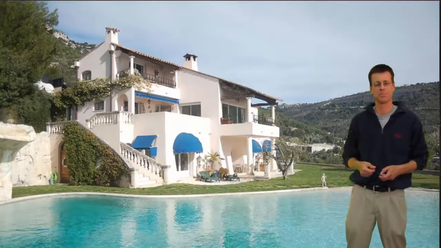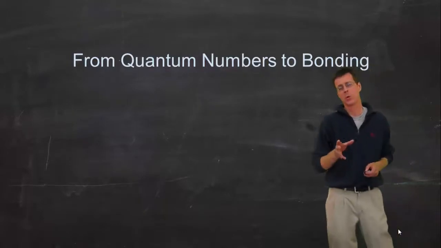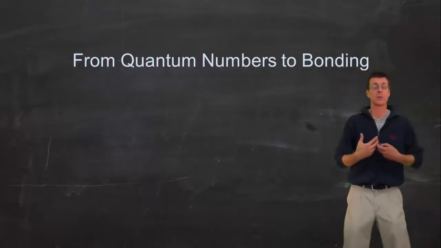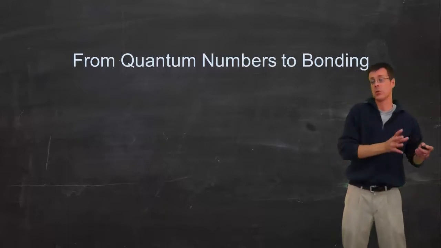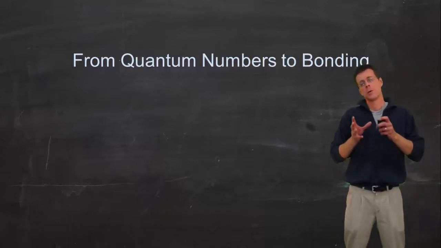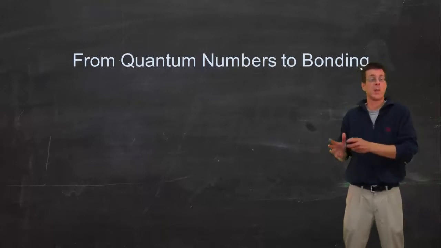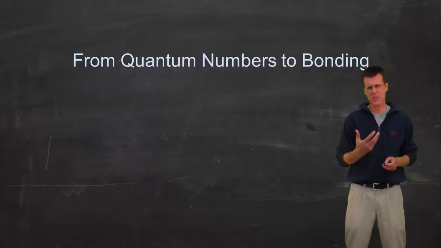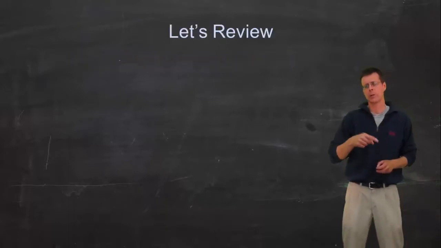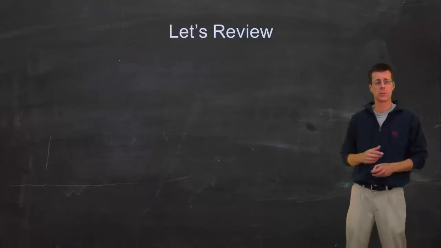I picked the blue. Anyhow, today we're talking about quantum numbers and turning that into bonding. How do we understand bonding? How do we turn our mathematical model into something that's usable for very real things? Molecules, atoms. Atoms forming bonds to make molecules. That's our focus for today. So let's take a quick little review of quantum numbers, and then we'll turn this into something we can use